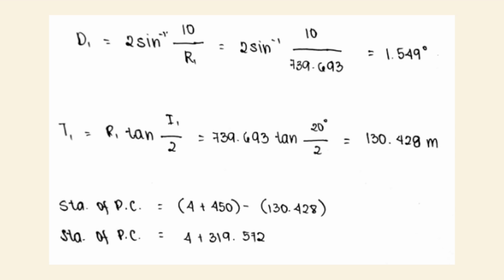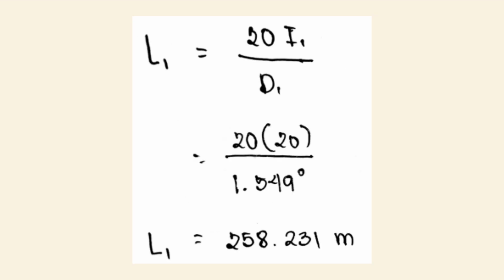It is equal to 739.693 tangent 20 degrees divided by 2. So our T sub 1 is equal to 130.428 meters. The stationing of the PT is the difference between 4 and 450 minus 130.428. So the stationing of PT would now be equal to 4 and